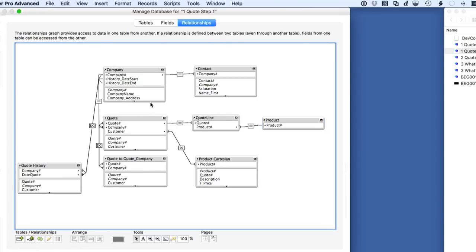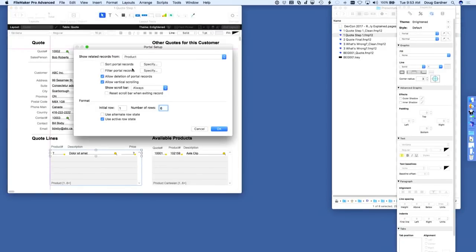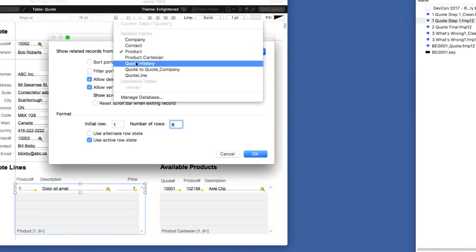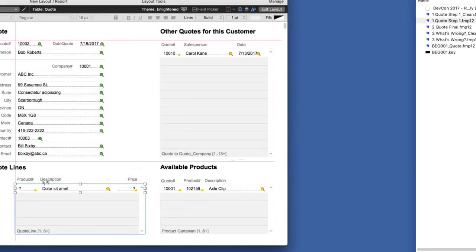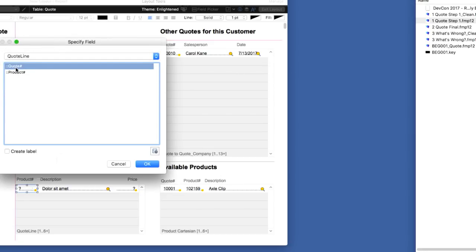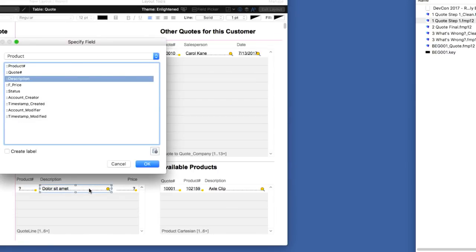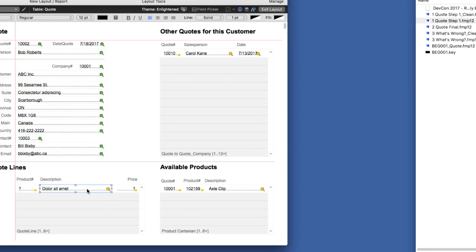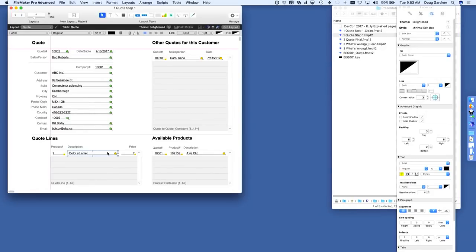And this is going to allow us to now have one quote with multiple products and one product on multiple quotes. Let's just take a look. So we have to point this at our new relationship. It's called quote line. And now we just have to point our fields at, well, there's our product number right there. And guess what? I'm going to explain this in a minute, but we don't have to aim our description fields and our price fields